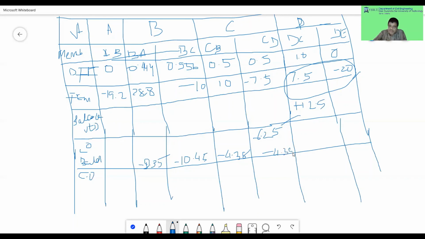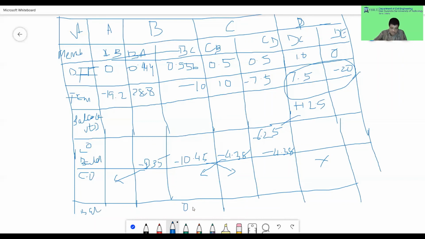So this will come here like this. Now half of this will go here, half of this will come here, and half of this will not go here, because nothing will go from here to here. This transfer is not possible, because we have already balanced this joint. So no moment will come from CD to DC. This will go on carrying over until the values converge, and finally you come to a stage where the balance value is very small.